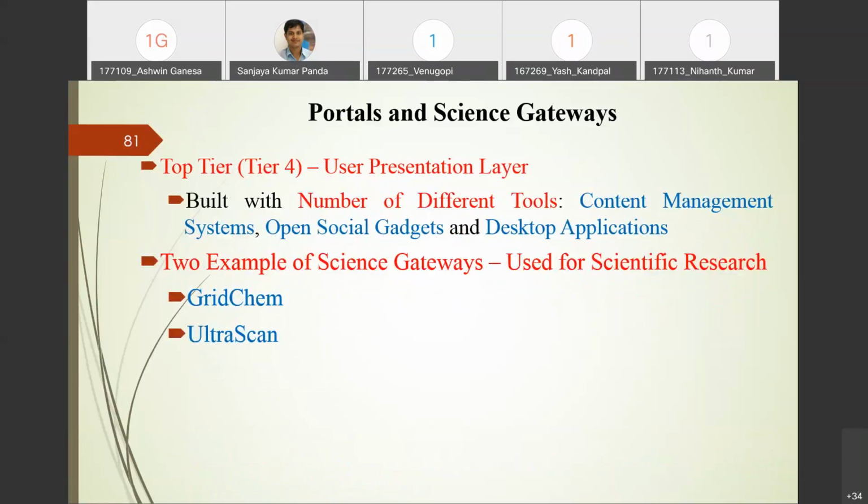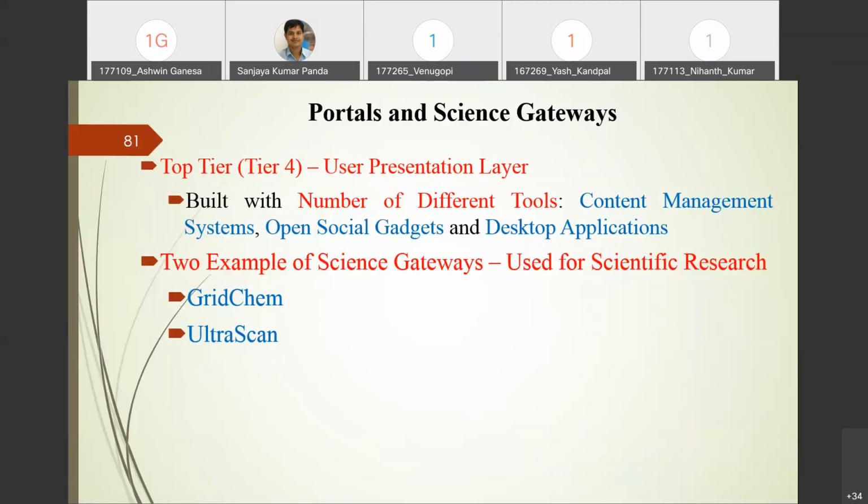Tier 4 is close to the user, so it is called the user presentation layer, or simply the presentation layer. So here, how is the user going to access the gateway? How are we accessing the payment gateway? Through our user interface, or through a computer system, or through a gadget, or through handheld devices. So any device which is connected to the internet can be used in tier 4 to access the gateway,